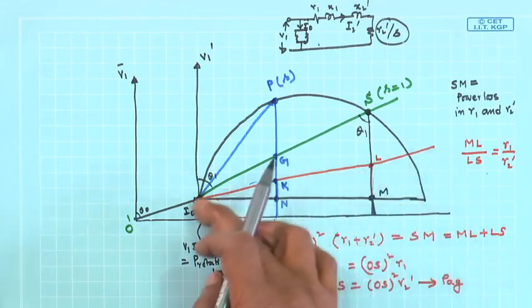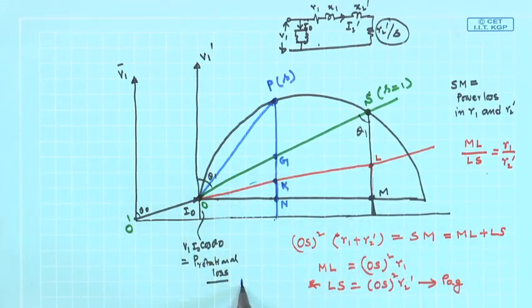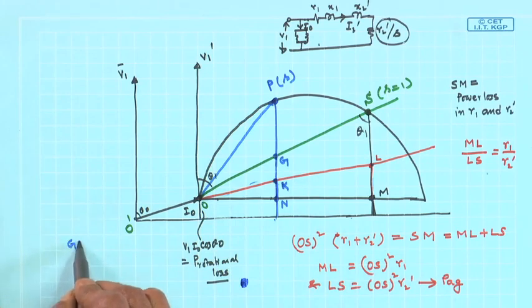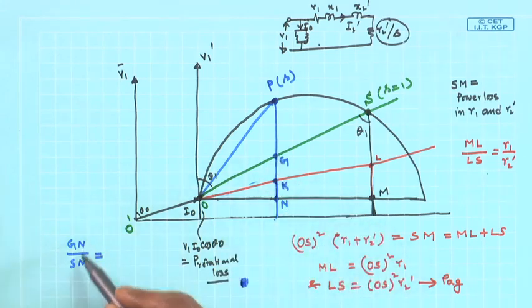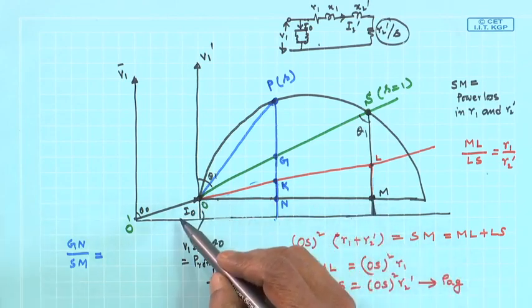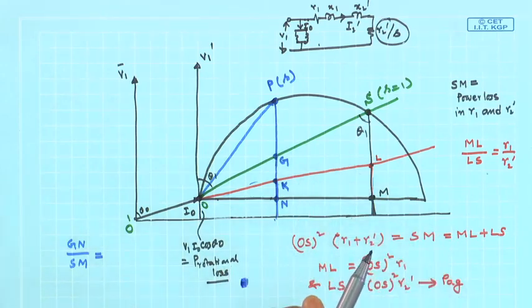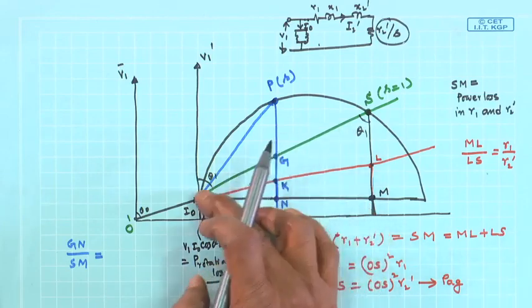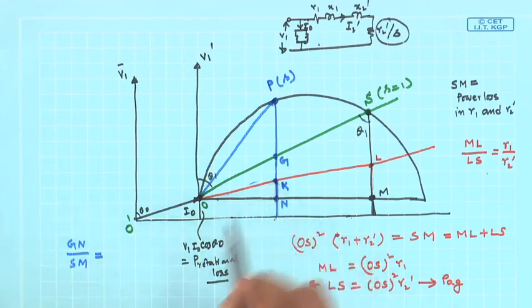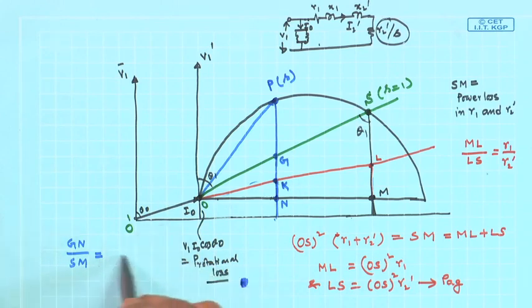Consider this triangle and this triangle. For example, GN divided by SM will be equal to OS by OG, and then this OG and OP can be deleted, and this Kn can be shown to be equal to, at operating point P,